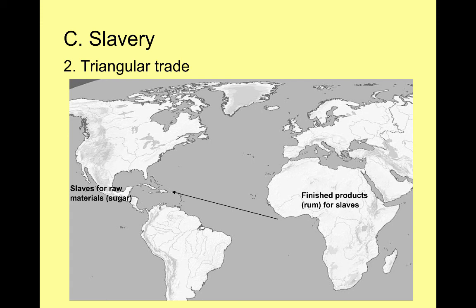Now, if I'm a slave trader who owns this ship full of slaves, I sail across the Atlantic, unload my cargo of slaves and sell them to the highest bidder. Then I have an empty ship, and I can't have that because I'm in the shipping business, so I now load it with sugar or tobacco or later cotton or indigo. I have a boat full of raw materials now, so more than likely, I head back to Europe. In this case, England, because we're talking about the English slave trade, but it could have been France or Spain if we're talking about their slave trade. And I unload my boat full of raw materials back in London or Liverpool or Plymouth, and I sell those raw materials.